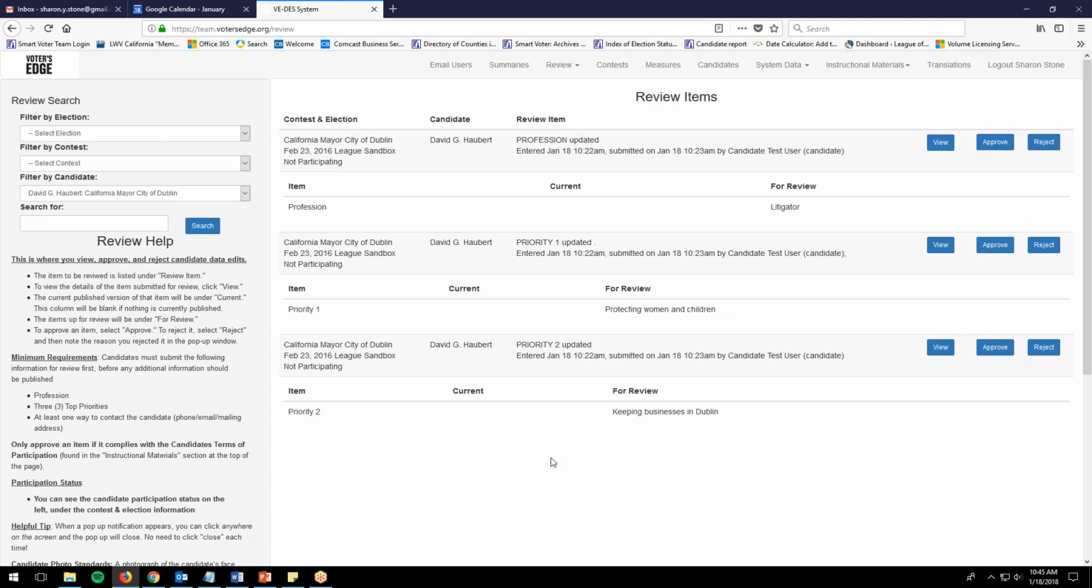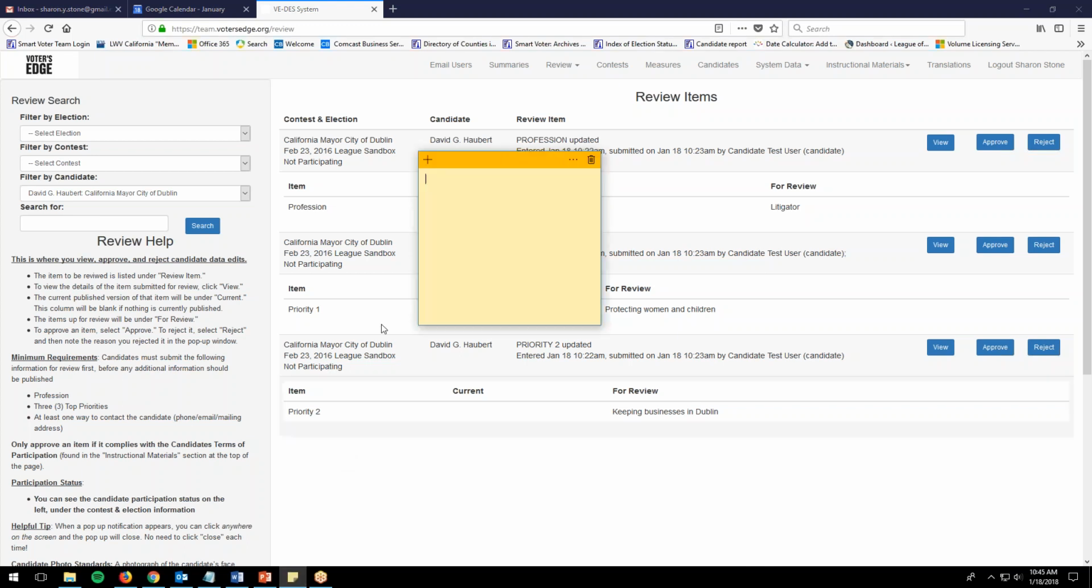Now the disapproval reason that you just entered into the DES doesn't automatically go to the candidate. It actually doesn't go anywhere. It's just an internal thing. So you'll still need to email that candidate and let them know that that item was rejected. So, I would grab a piece of scrap paper to take notes or something, a Post-it. I've got a digital Post-it here, and I can say,